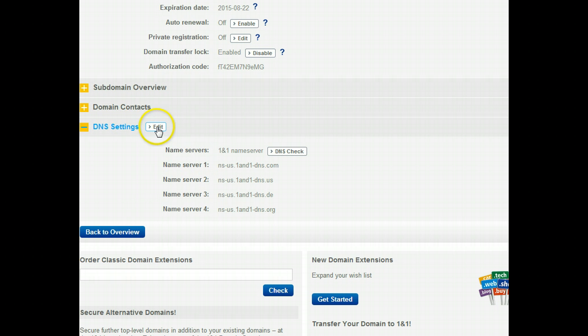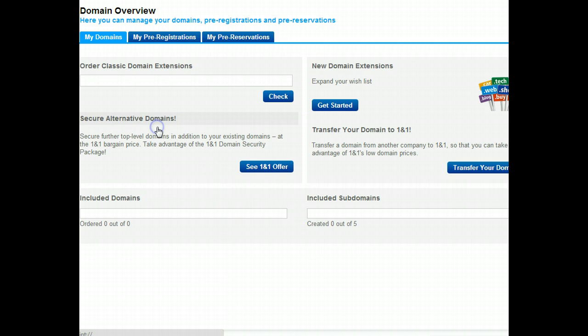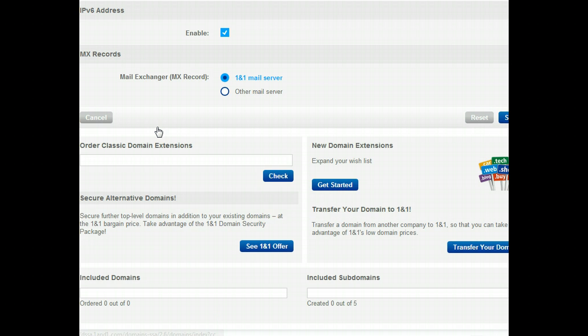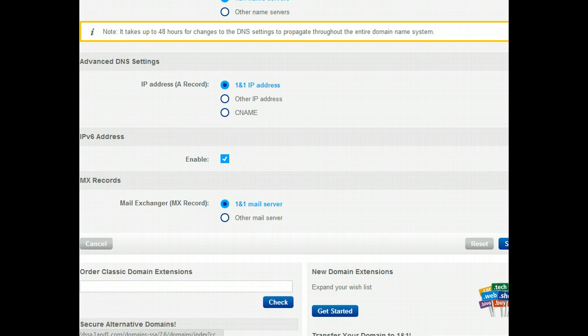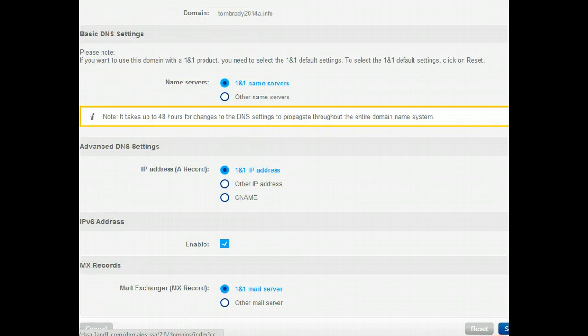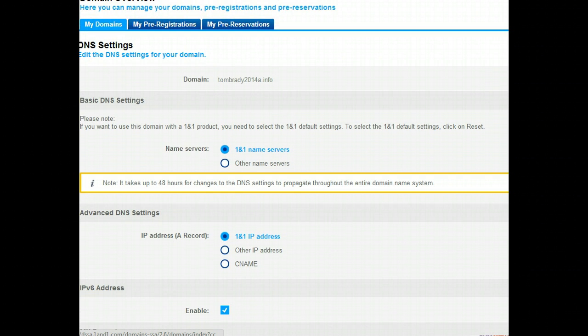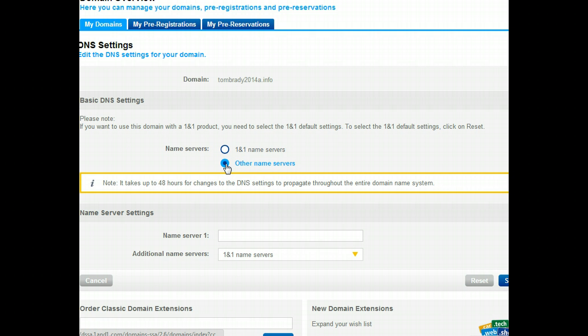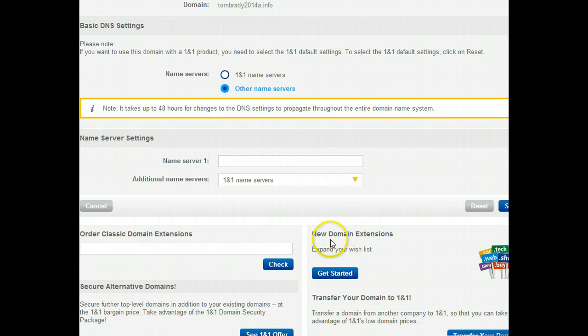So we click over here where we edit the DNS settings, and we wait. Okay, after jumping around a little bit, all right, it has all this stuff. Okay, we don't want to mess with any of that. What we want to do is change the name server from the 1-in-1 servers that we don't want to use to another name server. So we just click on that little button there. Then it's going to change the bottom part here. It's going to ask you what your name server is, and it's